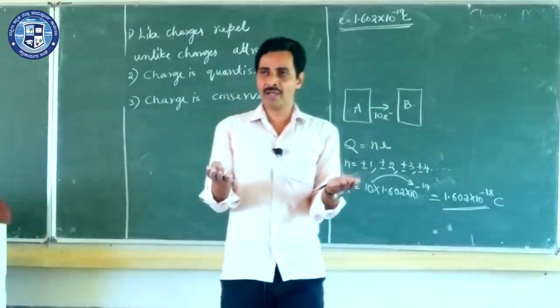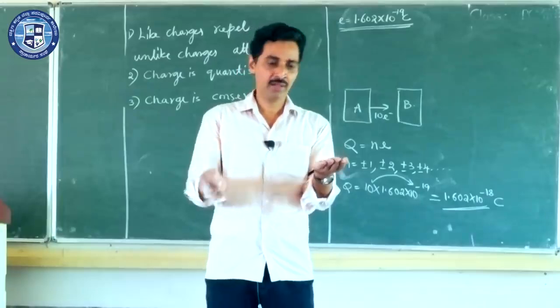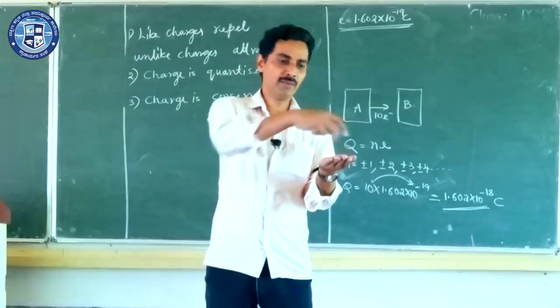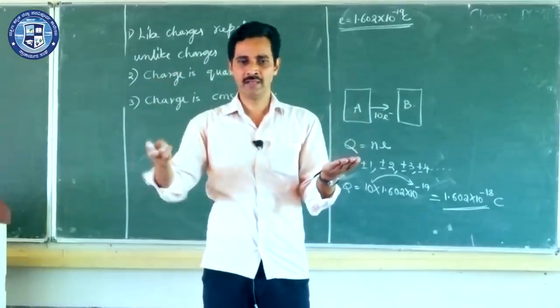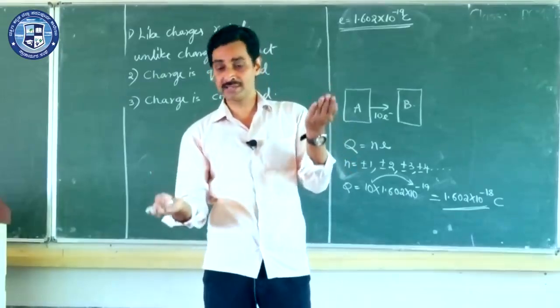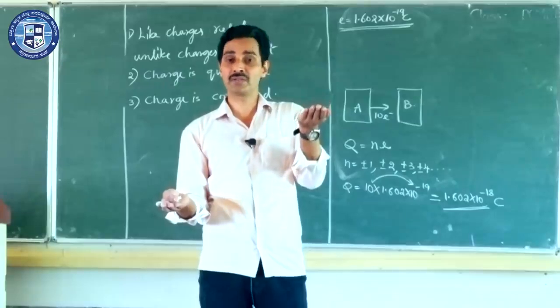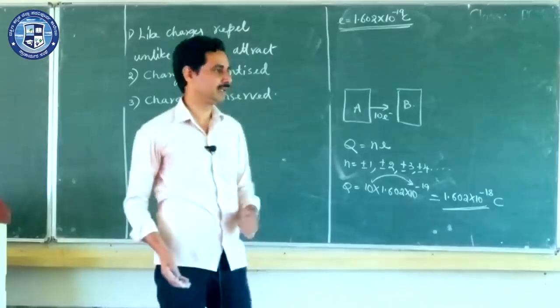It is as if you have a balance in which there are 10 mangoes here, 10 mangoes here. Both are balanced now. You remove one mango from here and put it in the other pan of the balance. Then the balance tilts, because the right side will have 11 mangoes and the left side will have 9 mangoes. So there is a difference. But what about the total mangoes? It is the same. That is the meaning here.